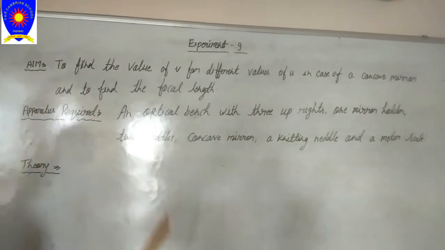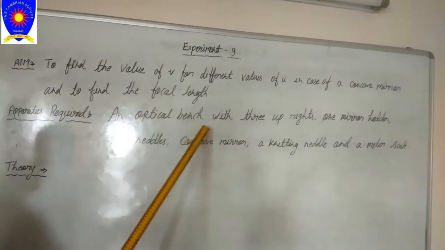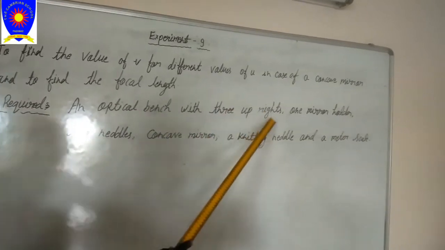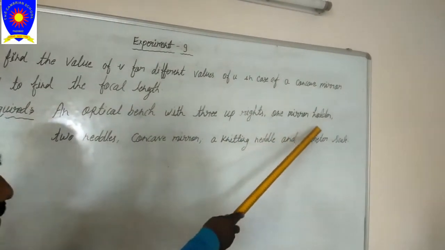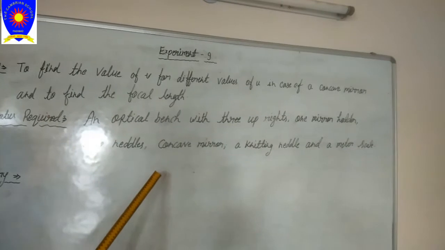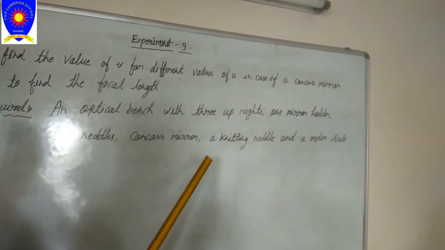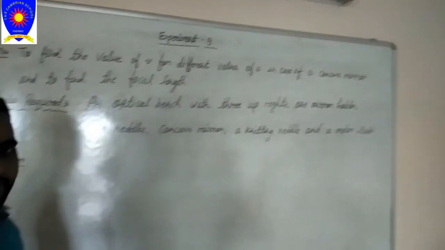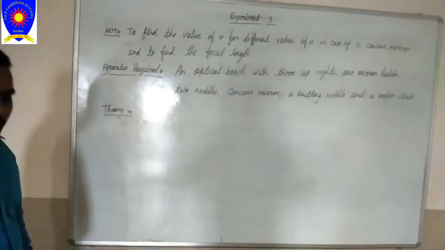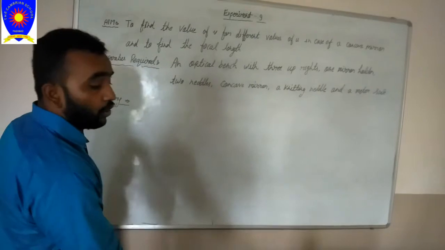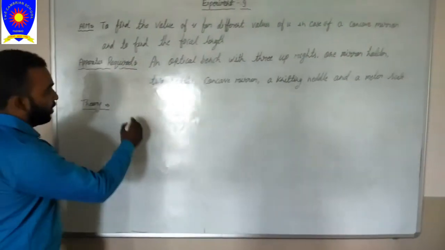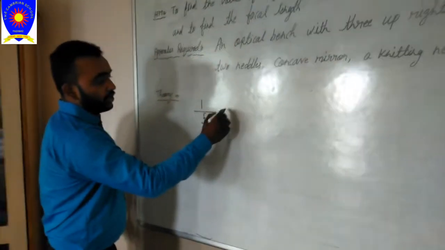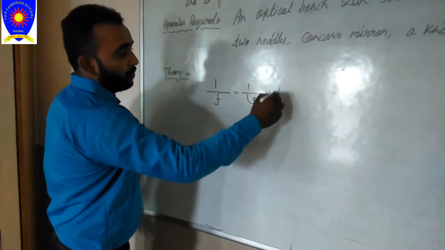Now the apparatus required: an optical bench with uprights, one mirror holder, two needles, a concave mirror, a cutting needle and a meter scale. And according to theory, we know that according to the mirror formula, 1 upon F is equal to 1 upon V plus 1 upon U,